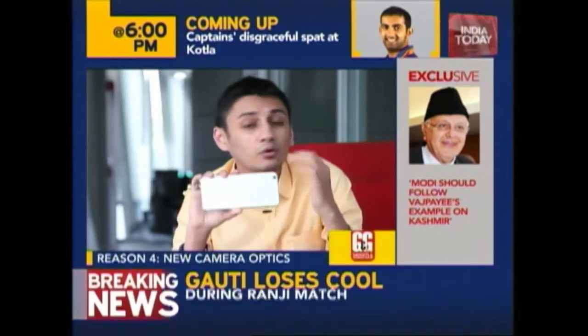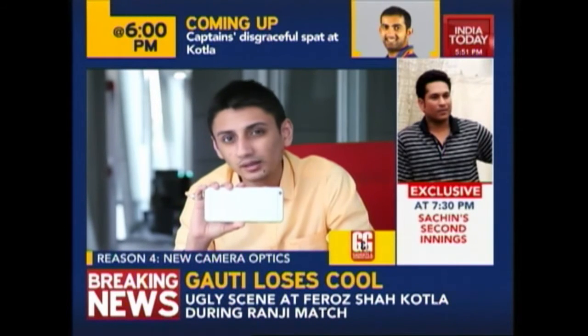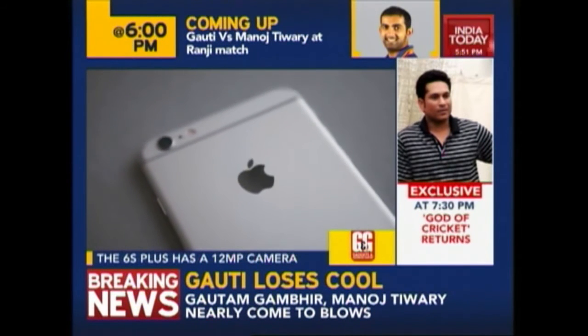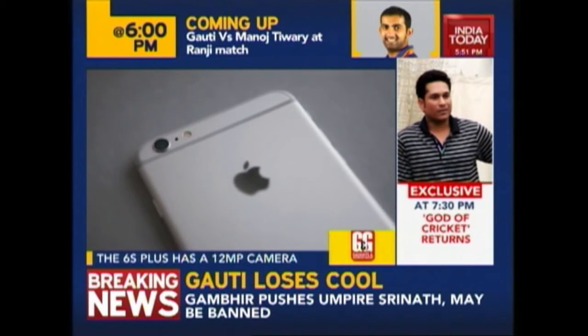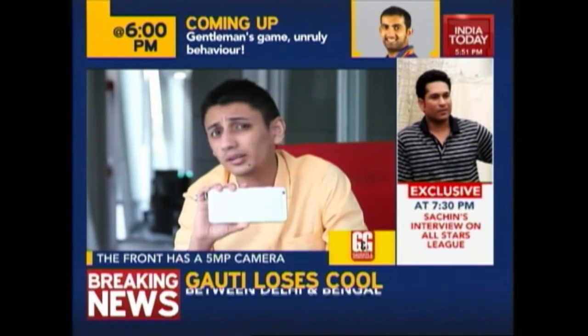If you're a photographer, you're going to love the new camera on the iPhone 6s Plus. Apple has really upgraded the camera resolution for the first time in 4 years. So now there's a 12 megapixel sensor, an f2.2 aperture, and you also get optical image stabilization. That's a lot of jargon out here, but what you really need to know is that it's going to take